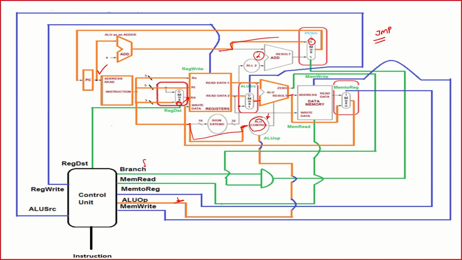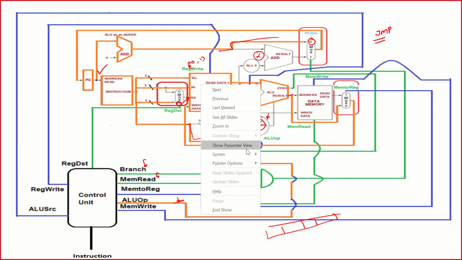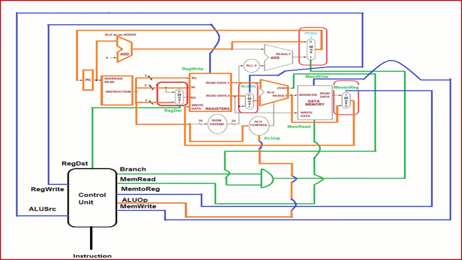Whichever control signal is used is not highlighted in orange here. If there is a question which asks you to trace the data path as well as to highlight the control signal field, then you can draw a table here, and in that table you can mention the status of each of the control signals. Do not mess up here. Don't put 0 and 1 here. These kinds of values will make it really insensible. So please draw a separate table and make sure that you represent it clearly. This is the best way to trace it.